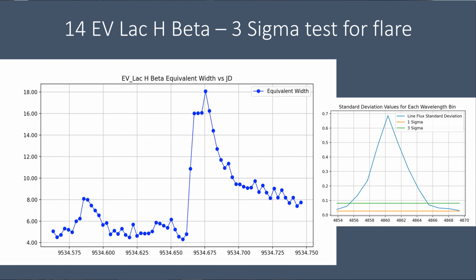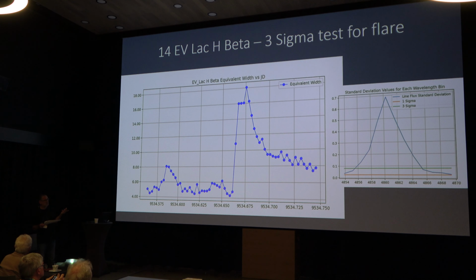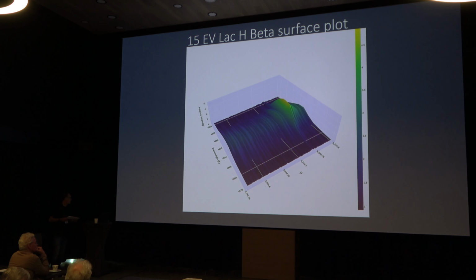So that's basically a statistical process for looking at it. We have been advised to raise it to a 6 sigma threshold, and they're working on that now, just to tweak the process and make it more sensitive. So what this shows is standard deviation values for each wavelength bin. Then they've devised, using Python software,